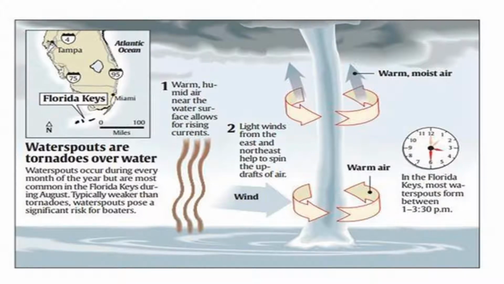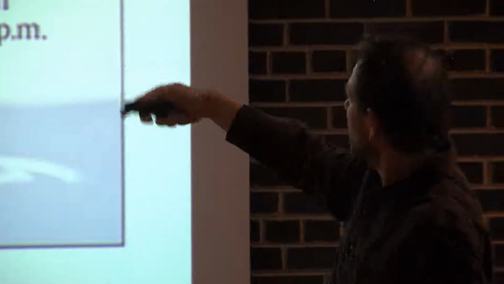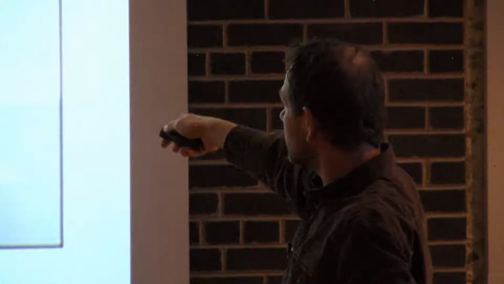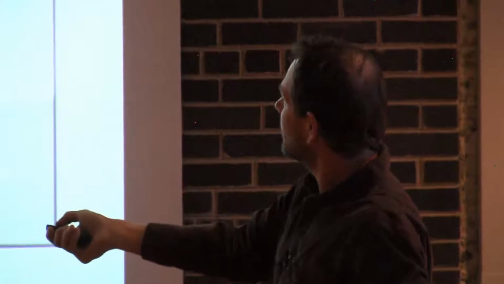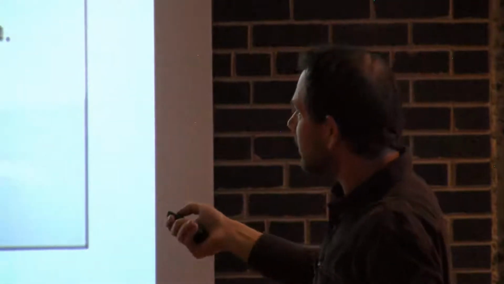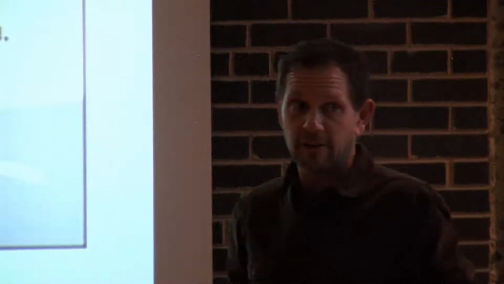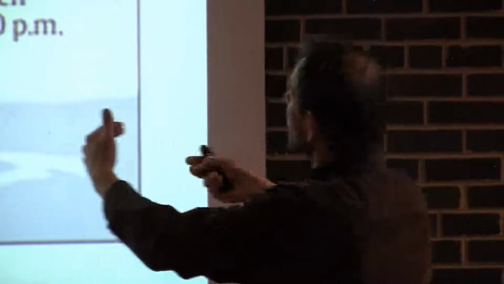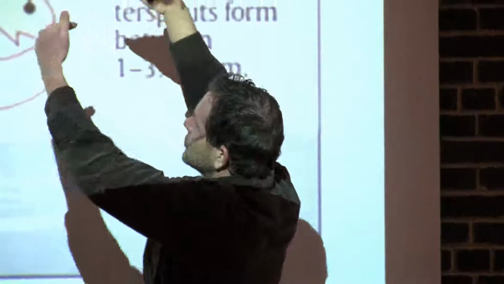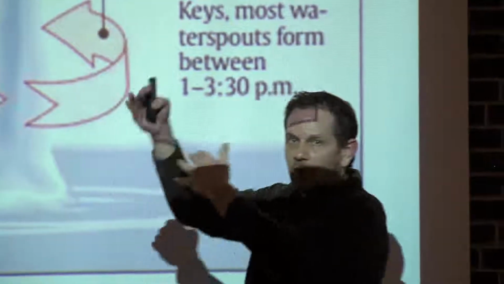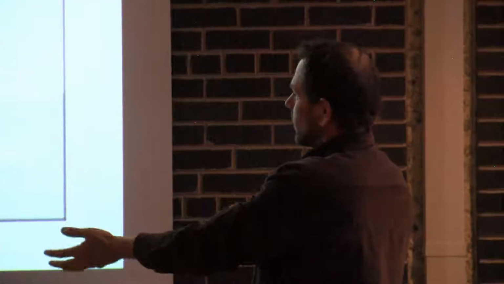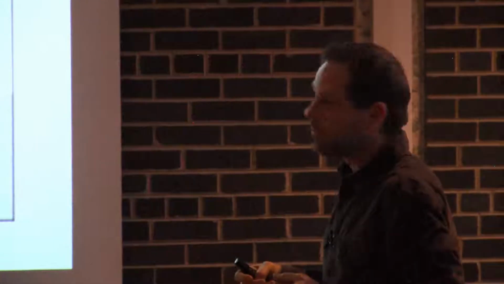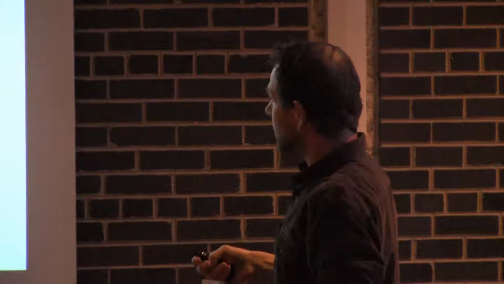Typically in the Keys area, this is a diagram from the Florida Keys from actually a newspaper article I took it from. You don't really need winds out of the northeast or the east necessarily. It can be out of any direction. But if they're just right, and there's enough what's called vertical shear, or different changes in the wind direction as you go higher up in the atmosphere, if all these play out just right where you have a lot of deep rising warm air and humidity, that's how these waterspouts form.